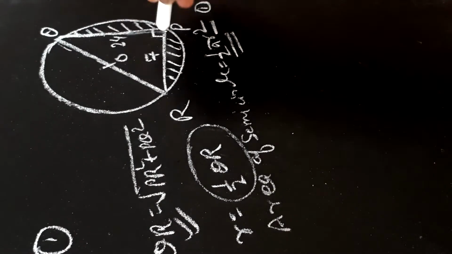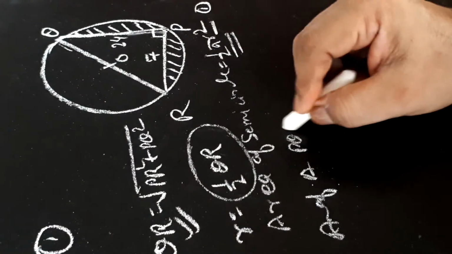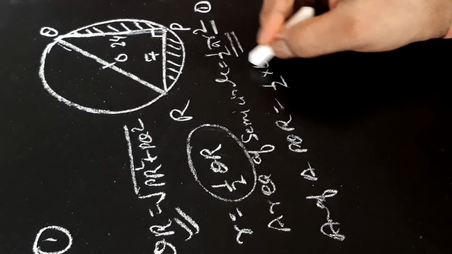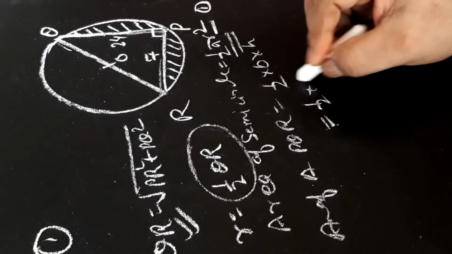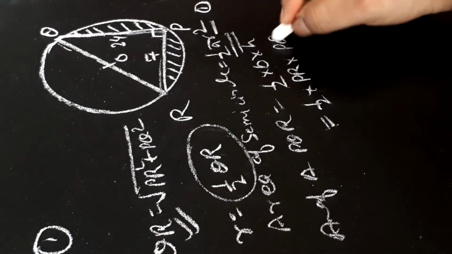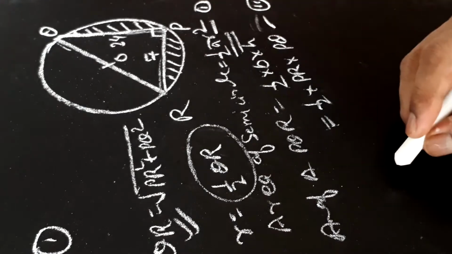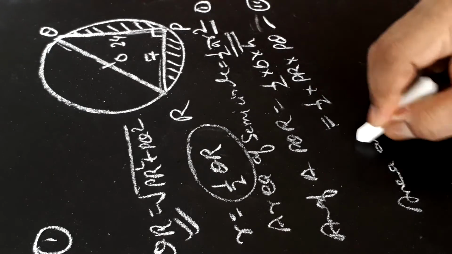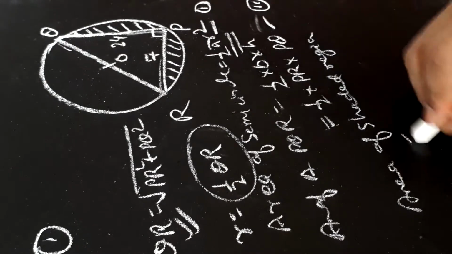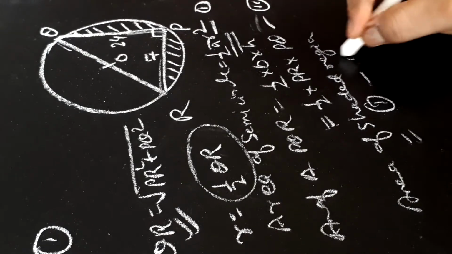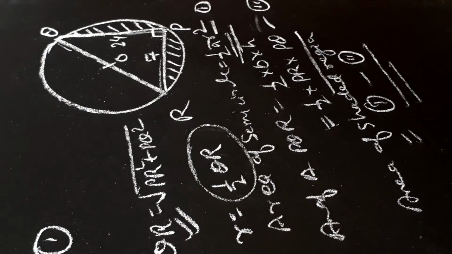Now we will find the area of this triangle. Area of triangle PQR is equal to half into base into height. Here base and height will be PR and PQ. Half into PR into PQ. We will find this area, let it be 2. Now to find the area of the shaded region, area of shaded region will be 1 minus 2, means area of semicircle minus area of triangle. You will get the answer.